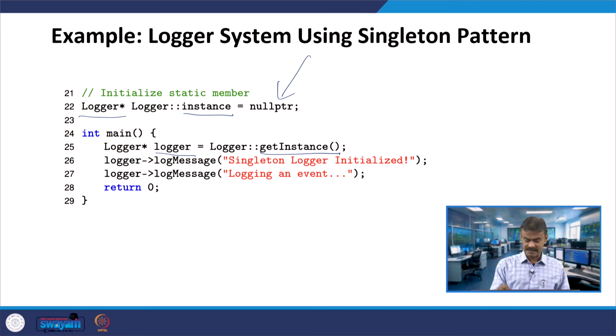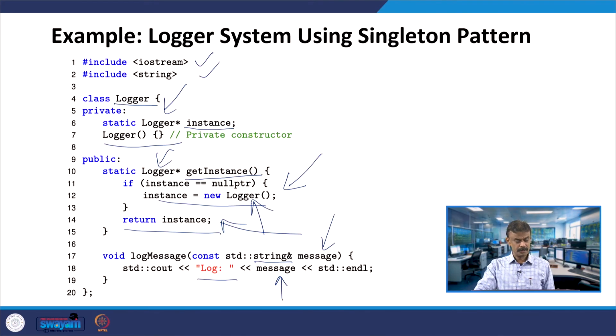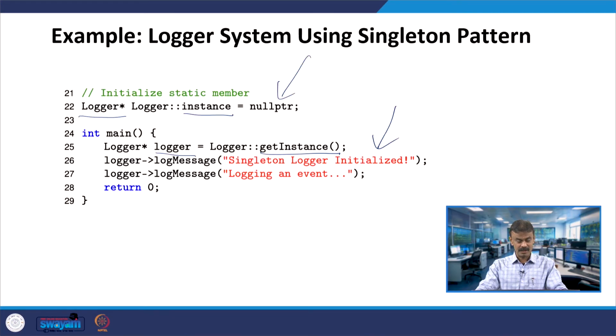You are passing "Singleton logger initialized", yes, it is being initiated here because it is returning. So, now this will call logMessage. Log colon will be displayed, and the message you have passed, "Singleton logger initialized", will be printed.